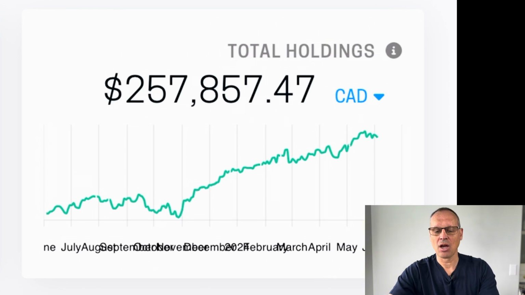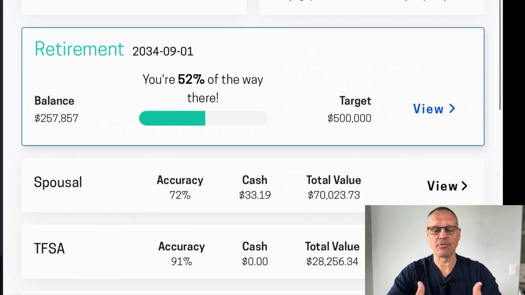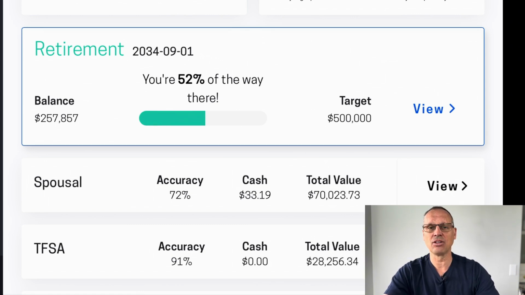$257,857. Okay, now I've set a retirement date for myself. Of course, for some of you that are a lot younger, this will be considerably longer than mine. I'm set to retire in about 9 years, as you can see by the date here in 2034. That's not a hard date. It's a fairly loose date, but it is a date that I use to set goals for our investing as we move along. And you can see by the goal that I've set, now the target is only $500,000,